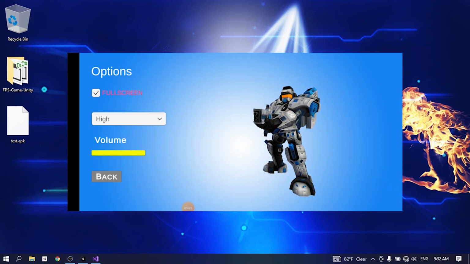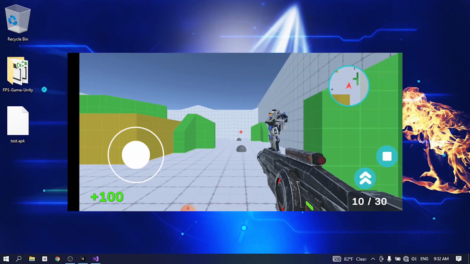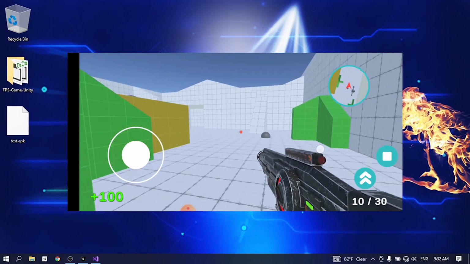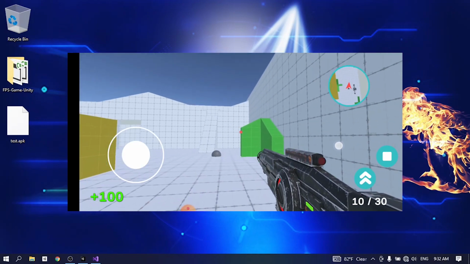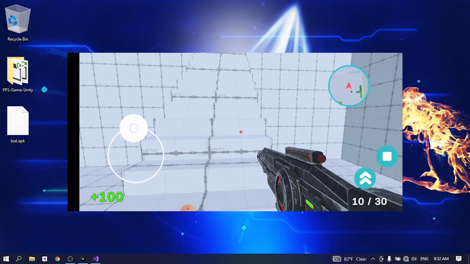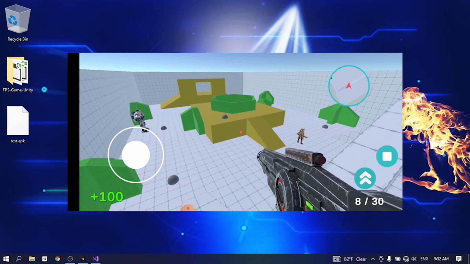So in this video I'm gonna show you how to add all kinds of touch controls into Unity. I'm gonna add the joystick so that we can move. Also we can look around when I'm dragging on the screen, and we are going to add these buttons. For example, this one to shoot and this one to jump. I can jump as well.